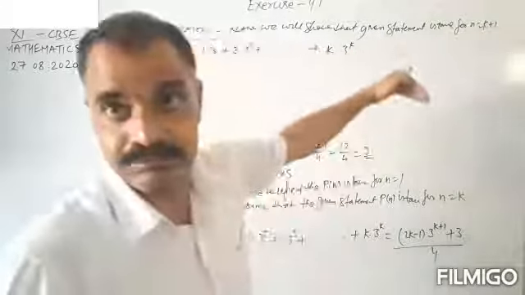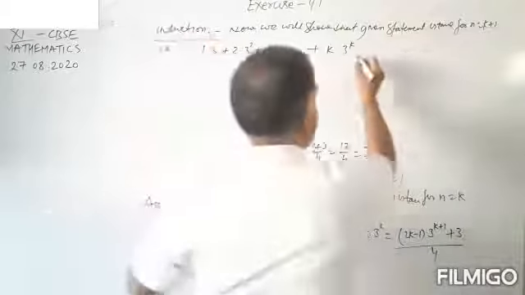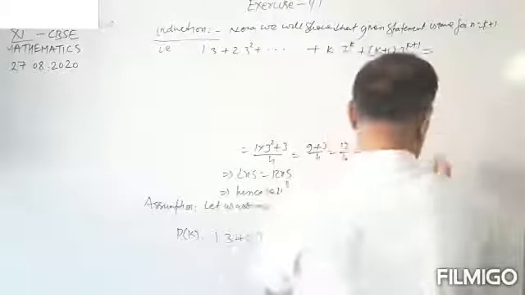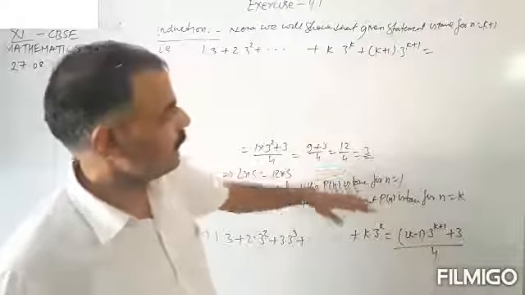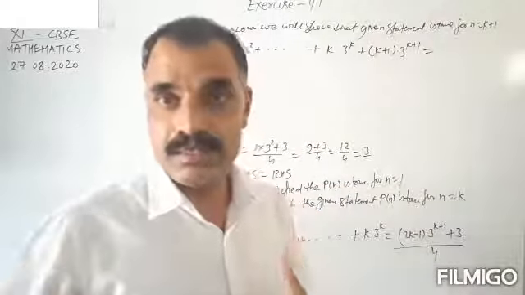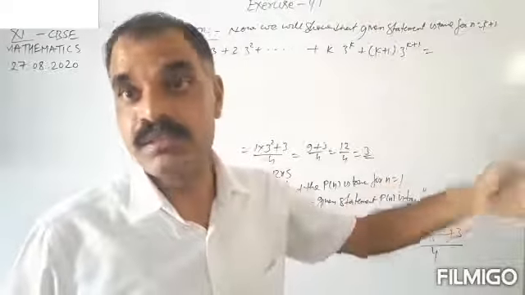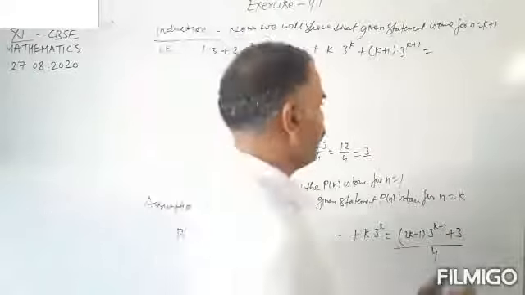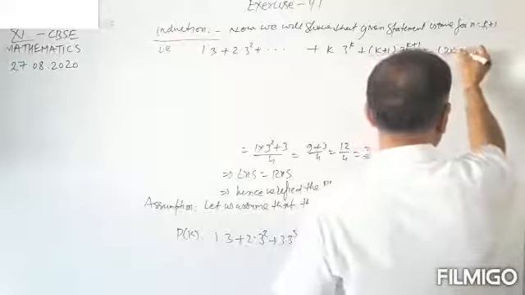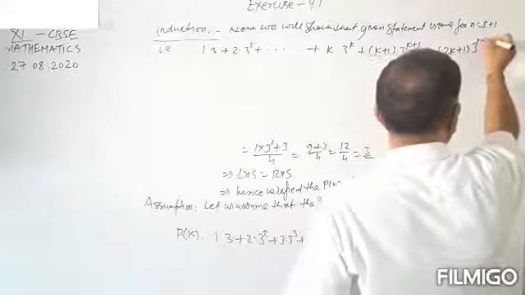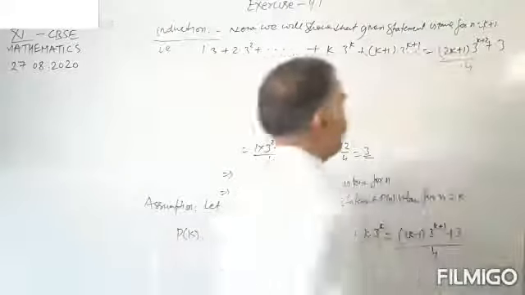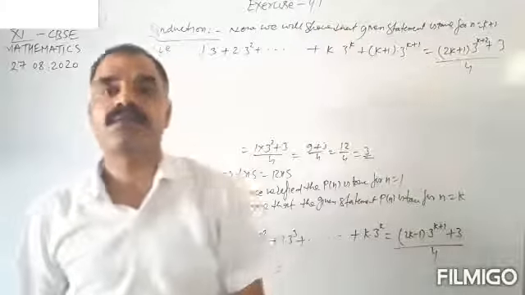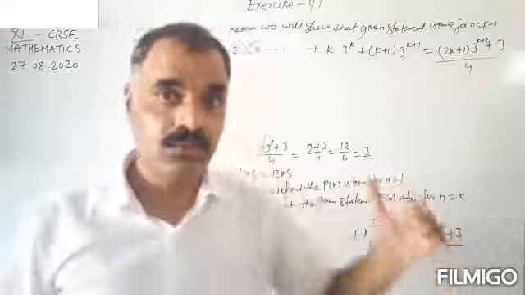So write down one more step. And one more step is k plus 1 3 to the power k plus 1 is equals to... now replace n by k plus 1 in the given statement, in equation number first. Put n equals k plus 1. So we are having 2k plus 1 3 to the power k plus 2 plus 3 upon 4. Okay. So now we want to prove that left hand side is equal to right hand side in the induction step.